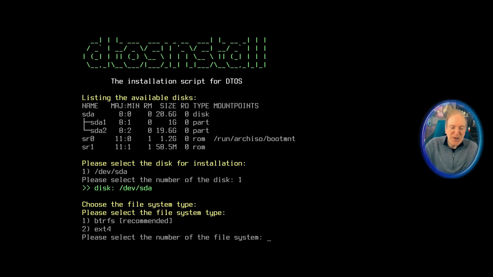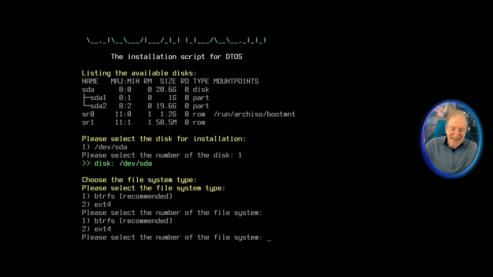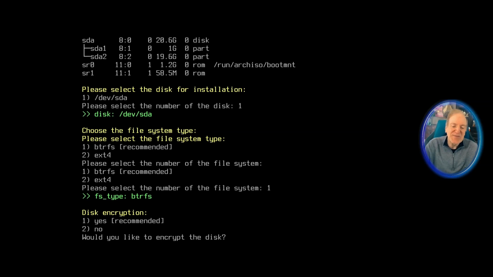And then we can go with Btrfs or ext4 for our partition default. And I'm fine with the recommended, although on my personal computer, I use ext4 because I like it. And I forgot to press a number, so that helps. So I'm going to press 1 for Btrfs, and disk encryption, well, I'm just going to say no because we're